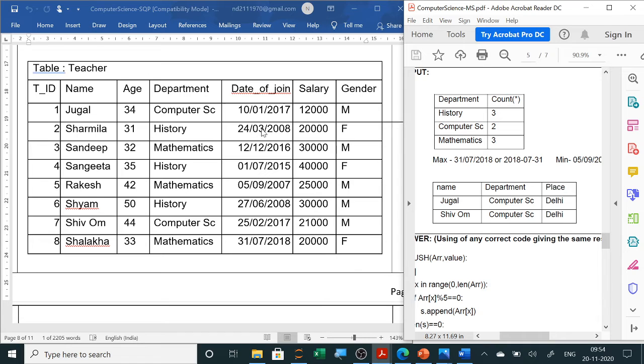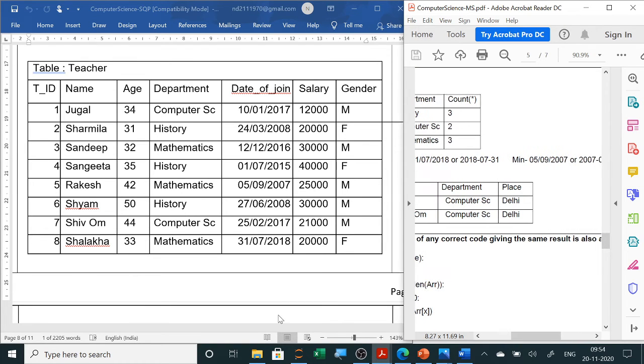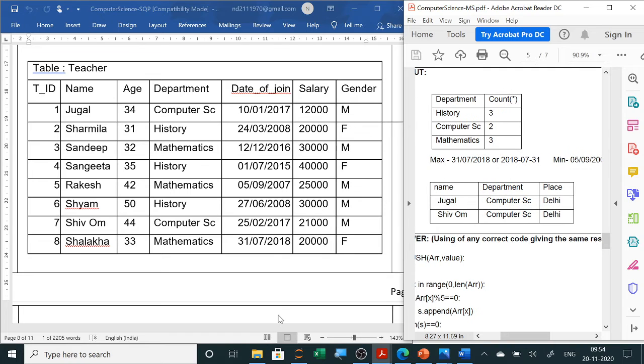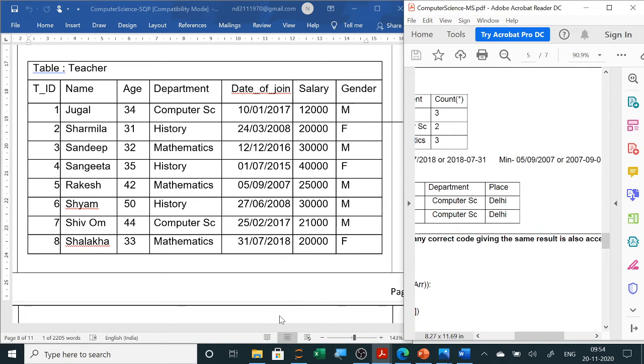So 24, this will be below 2007 is also there. Yes. So 5/9/2007. So you can see here the answer is also given. Maximum date of joining is 2018. Minimum date of joining. If the years are same, then you will see the month and then the date. So here, since the years are different, only 2018 one date is there.